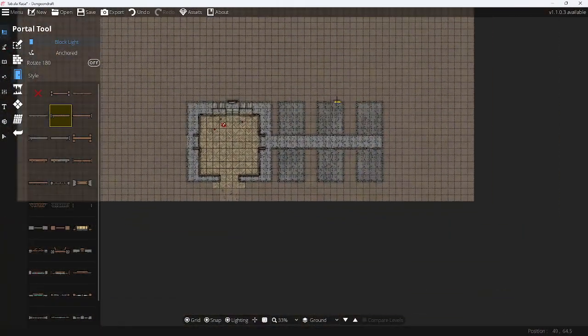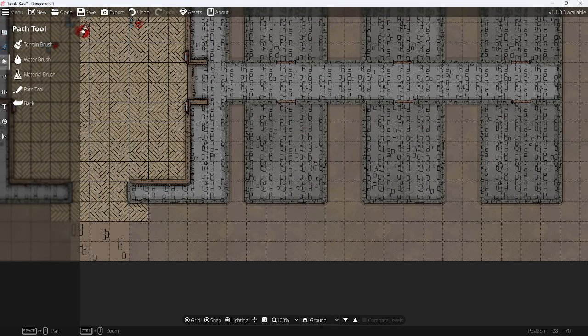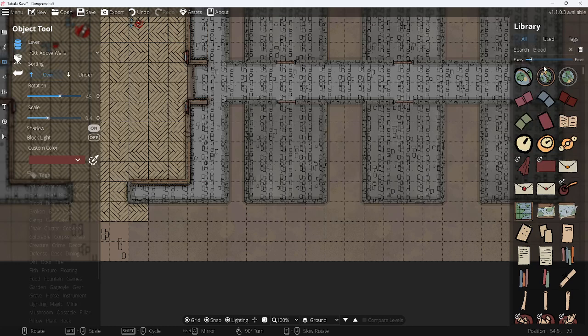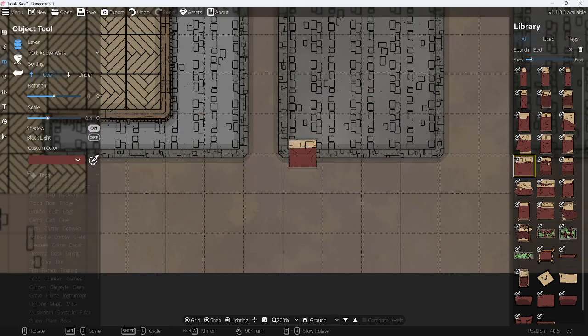So this is done. We can fill it in with beds and frames and pictures and windows, so we can actually do that. So let's do that, shall we? Bed. We need beds, we need chairs, and we do want to put things in here. So either monsters or not monsters, but definitely encounters. And maybe it doesn't have to be humanoid encounters. What we can actually do is add